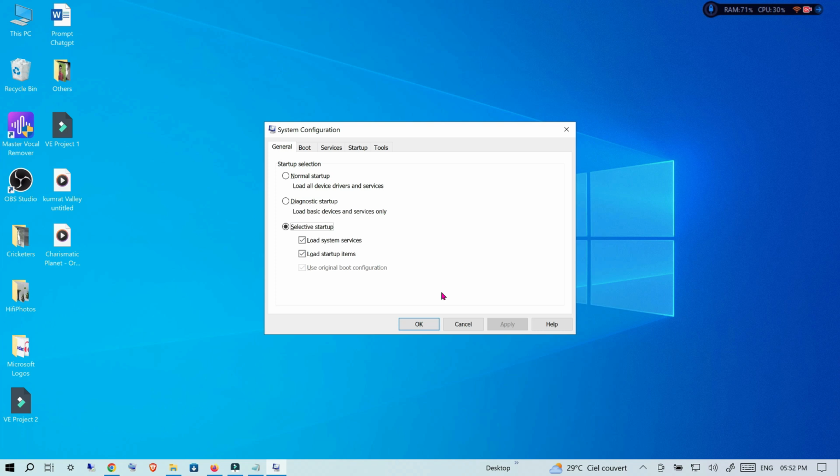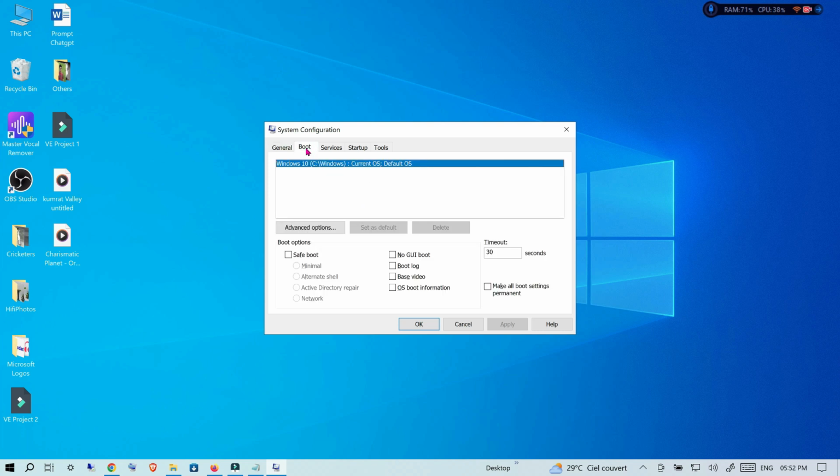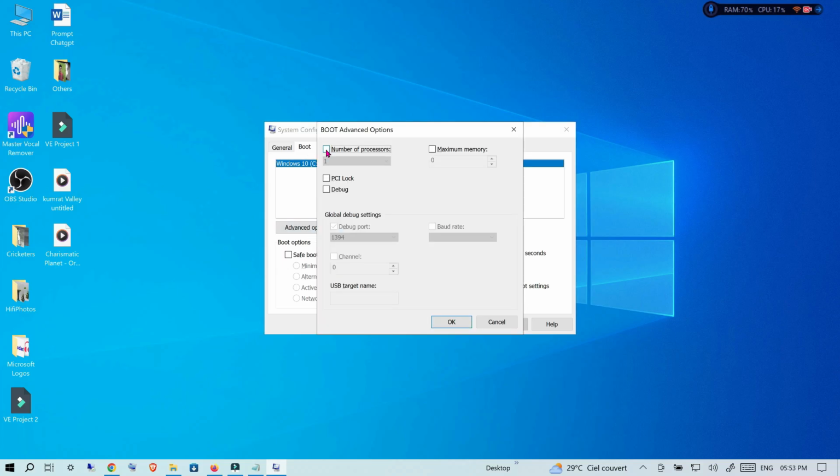Once the window appears, navigate to the Boot tab at the top and click on the Advanced option. So check the box labeled Number of processors to unlock the drop-down menu below it. From that list select 12 or the highest number available for your specific CPU to manually assign those cores for